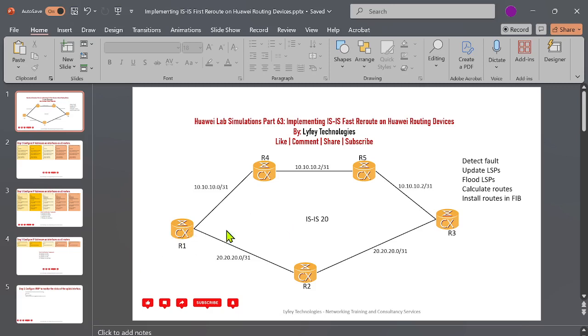For the configuration steps, again, very straightforward. We need to do interface configurations: configure the host name, assign IP addresses on the physical connections, and also assign IP addresses on the logical configuration, the loopback IPs. Once we've done that, we'll implement ISIS on the routers, ensure that we have reachability, that our LSDB has all the information, and that we have the routing information. We confirm that on R1 we only have one route installed in the ISIS routing table towards R3. Then we'll implement ISIS fast reroute and confirm that we are having the backup route installed